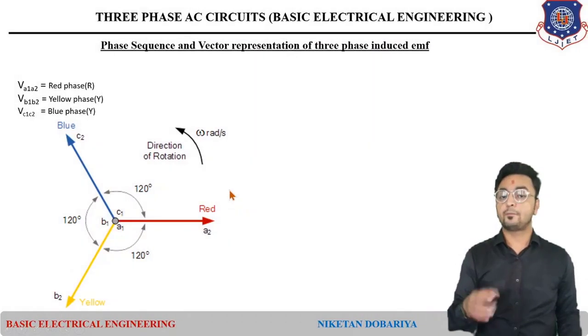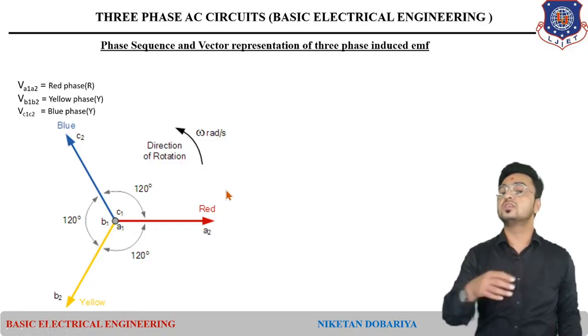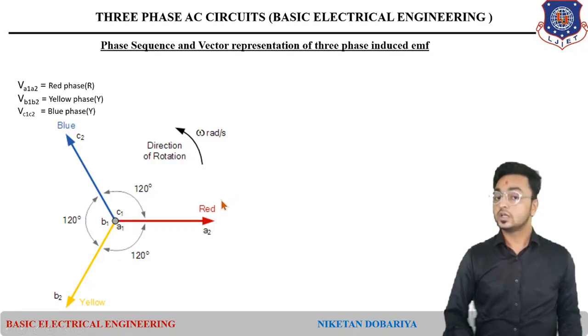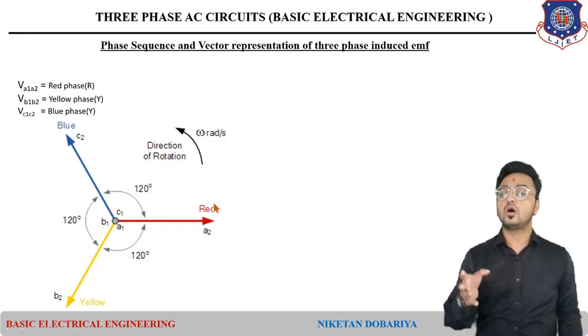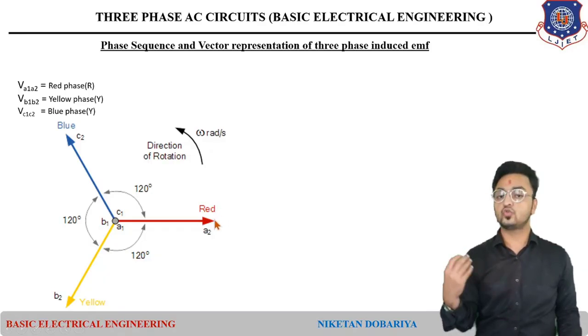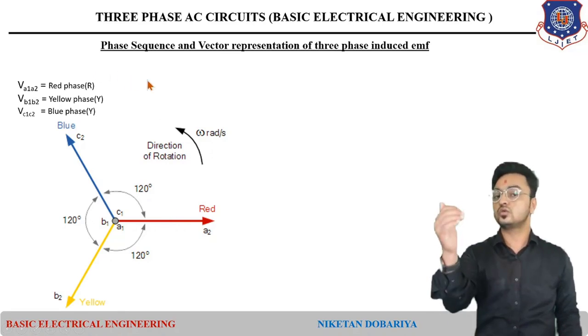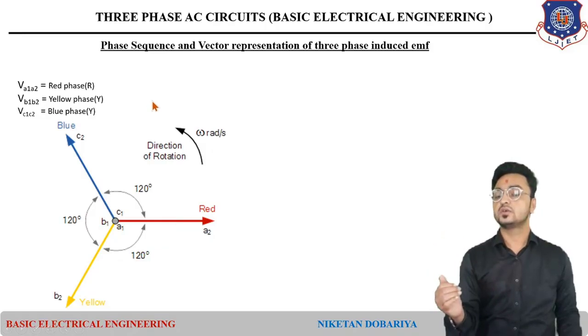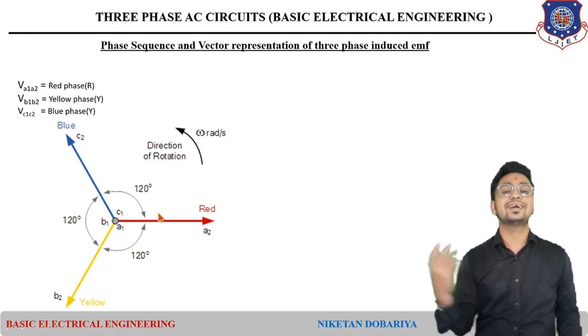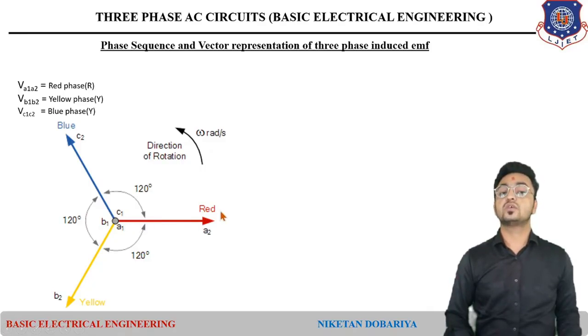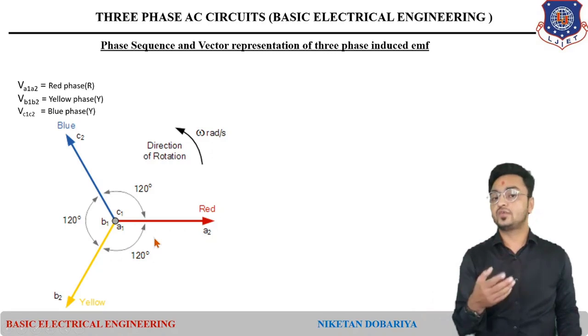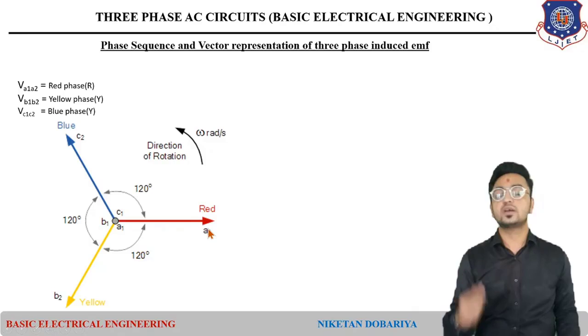And if we plot the vector diagram for these three voltages, based on the maximum value of those three voltages, we can decide the length of these three vectors, and based on the phase angle, that was 0, minus 120 and minus 240 degrees, we can decide the direction. So here, the first one with red color is at 0 angle, so we have plotted it on the direction of the positive x-axis at 0 angle.